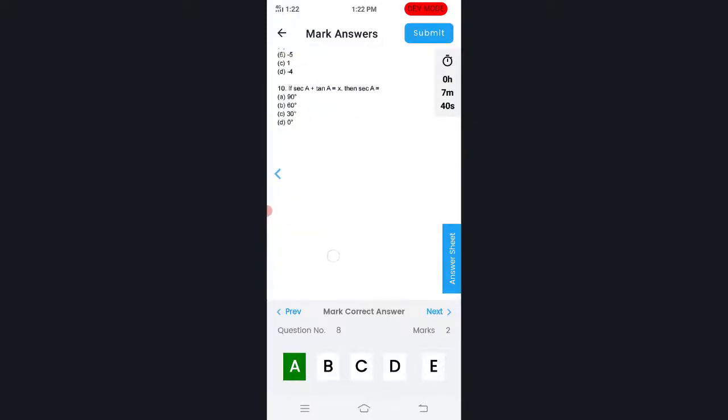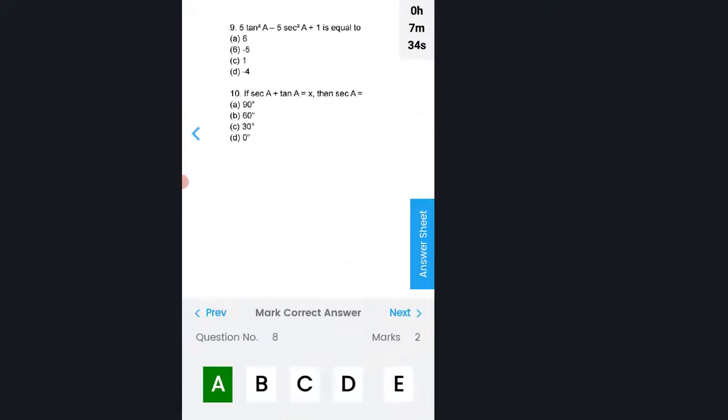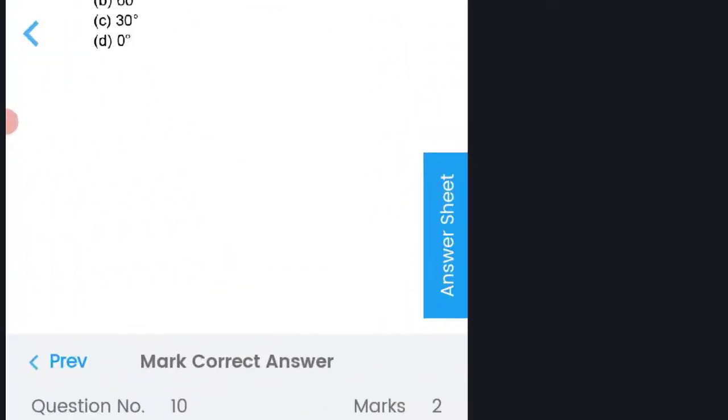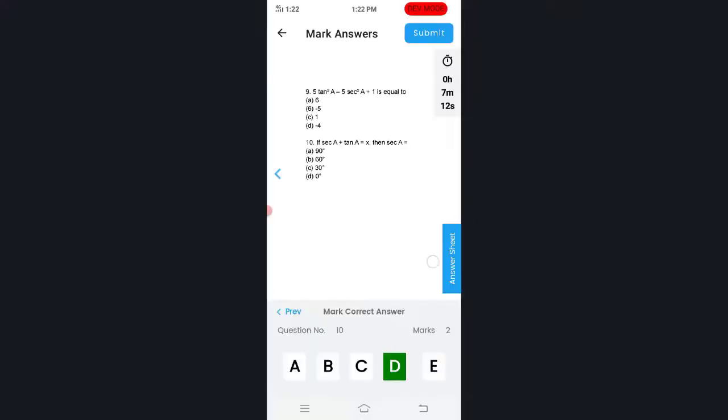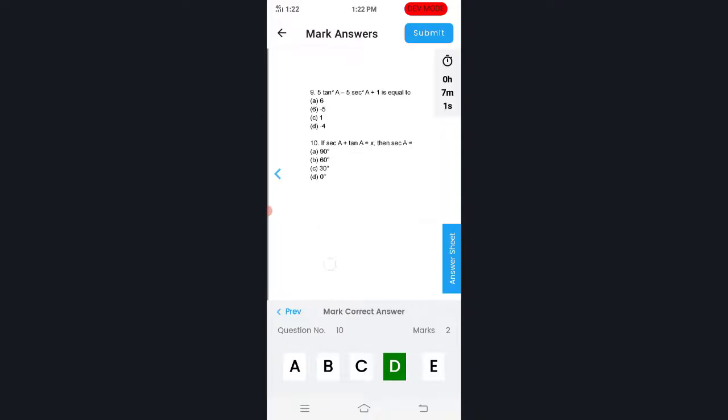There are 2 more questions there. Read a question and mark here, next question, and you mark here. I am marking B here. Then the next one is D. So all the questions I have marked, and now it is completed. You can see an answer sheet here, the OMR sheet, and if you click on this answer sheet, we can read all the answers. First question C, second question B, like that we can read the answer sheet. After the test, if you click on this answer sheet, we can see the real answers and what we marked on the OMR sheet. Okay, I will show you later.